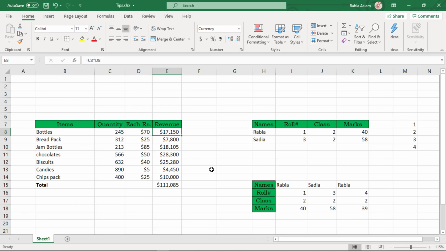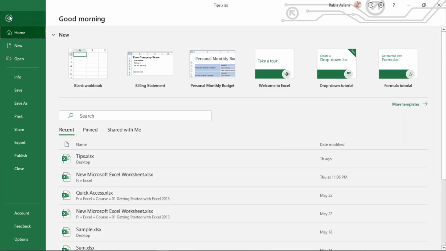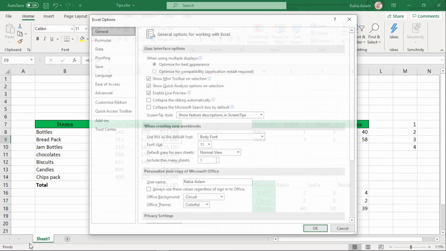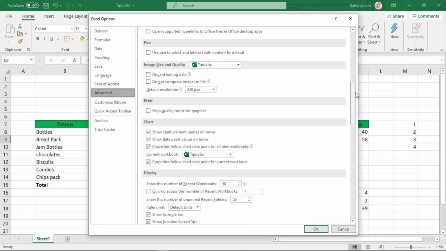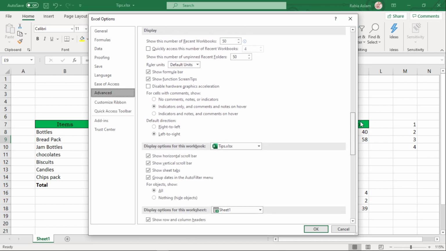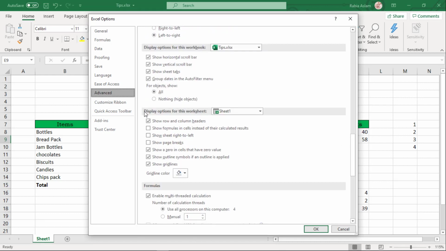Like you can double click on the cell in which the formula exists, like this. And the second one is you can go to the file tab and here go to the options, go to the advanced setting, and here in the last you are provided with the option of show formulas in cells instead of their calculated results.